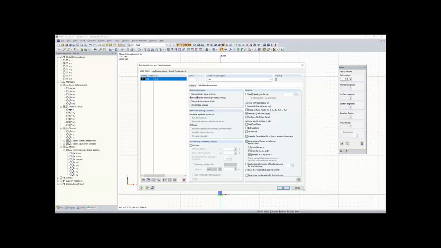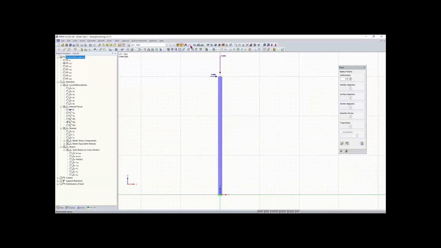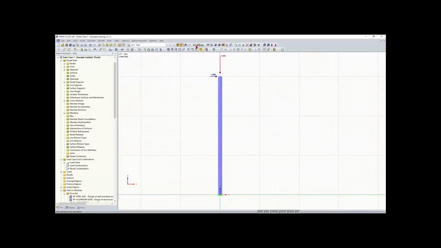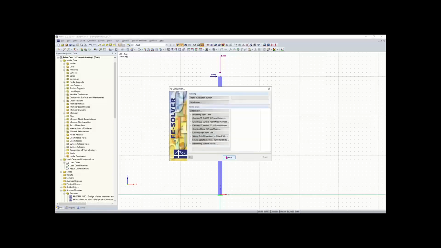So basically a first order analysis defines the equilibrium of the beam based on the undeformed system. And the second order analysis bases the equilibrium on the deformed system, so that the deformation and bending moment are going to be increased because of the larger deformation. So if I do that and then I click on calculate all,